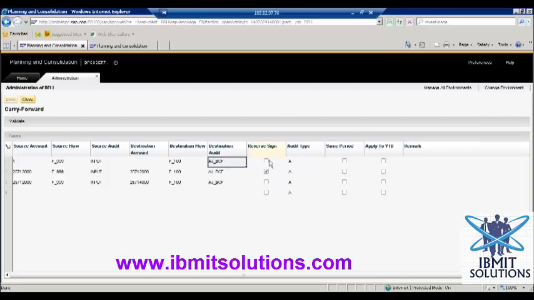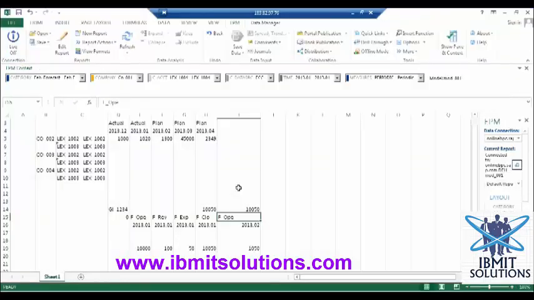Here you can see the reverse sign is also enabled. Maybe in a banking system, reverse sign is not correct. But think of some business where you maintain your closing and opening in a negative way. If your closing is 10,050, your opening you want as minus 10,050. Maybe that might be the client requirement. I don't know the exact example, but let us take that. If you want minus 10,050 as your opening, check this